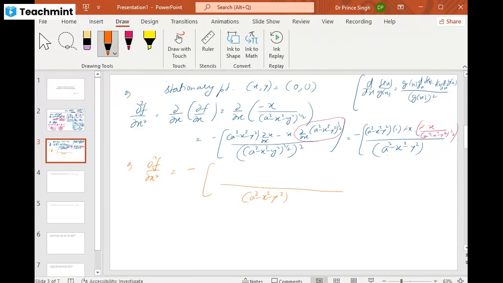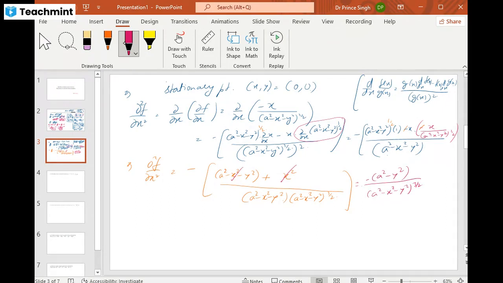And if we take this LCM, (a² − x² − y²) raised to the power 1/2, when we multiply it with this, the power is 1/2, so 1/2 into 1/2 becomes 1. So a² − x² − y² plus x². You can see here this x² and x² get cancelled out. So with this negative sign, its value comes out to be minus of (a² − y²) over (a² − x² − y²) raised to the power 3/2,